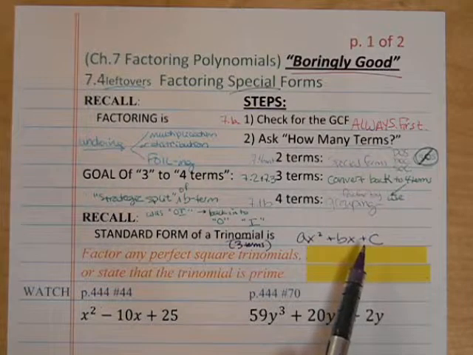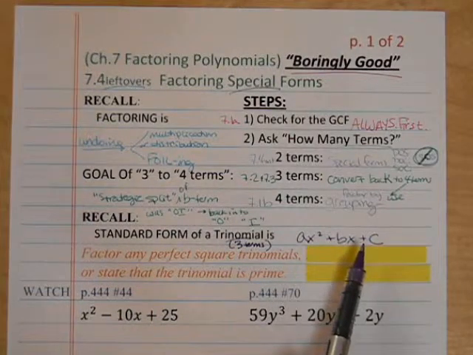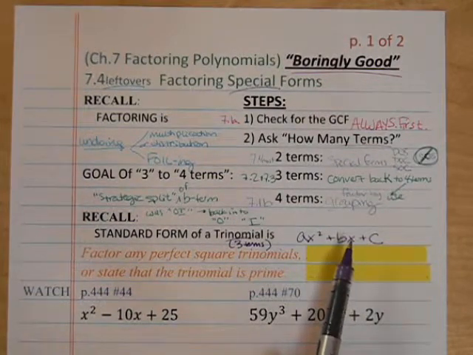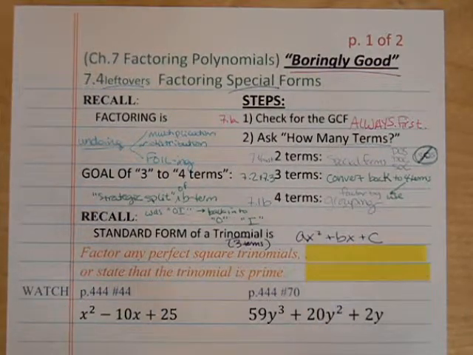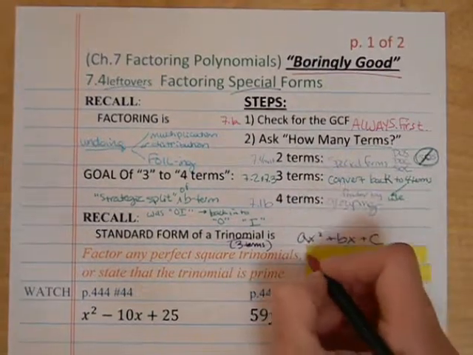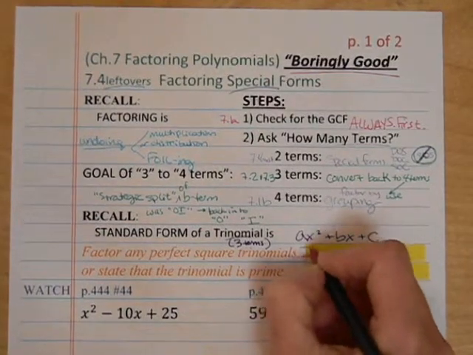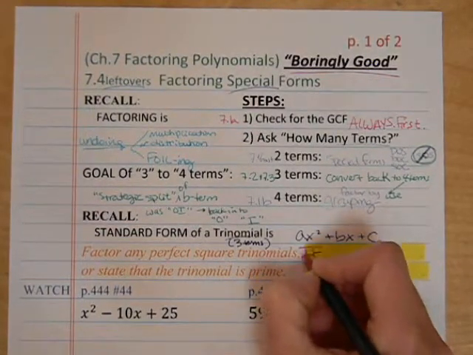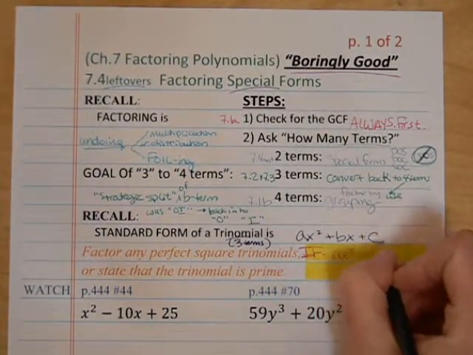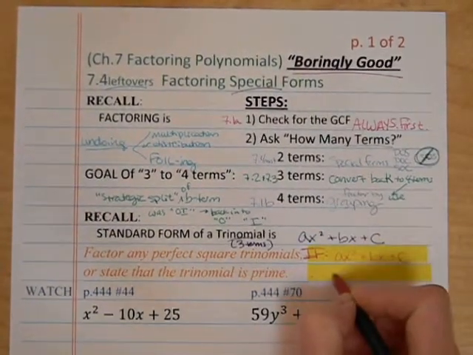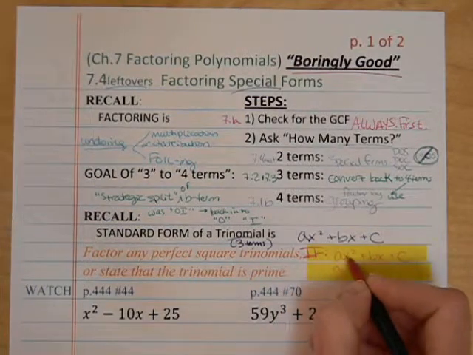This is just a special version that if you want to learn it, recognize it, it will go much faster for you. It will save you lots of minutes. So totally up to you if you want to utilize this or not. Here's what it would look like if you have, okay, big if, you have an ax squared plus bx plus c situation where the a, the coefficient in front of the x squared, is a perfect square,